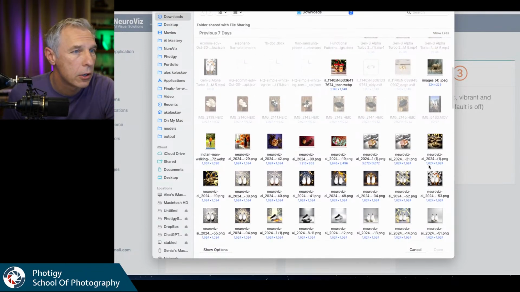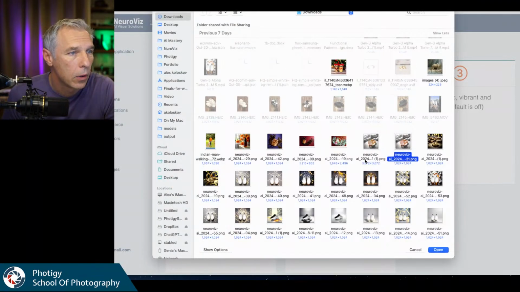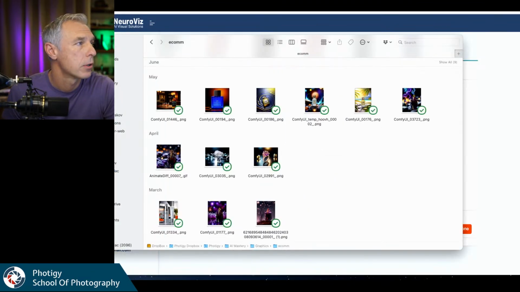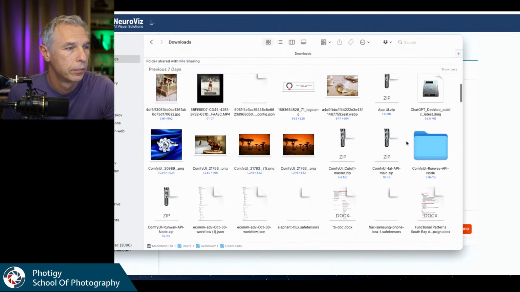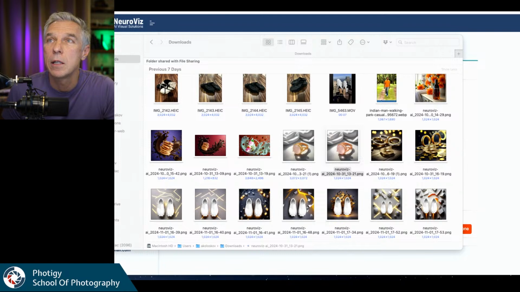Oh, no, actually, this one. Okay, so I'll show you. It's already processed, so I'm going to show you guys something. Okay. This is the image of the ring